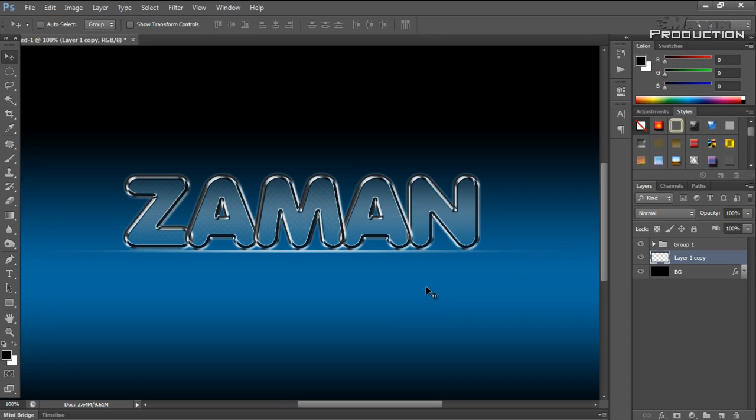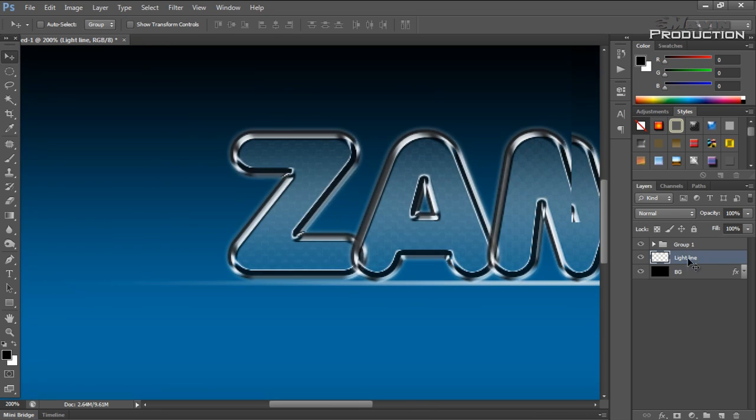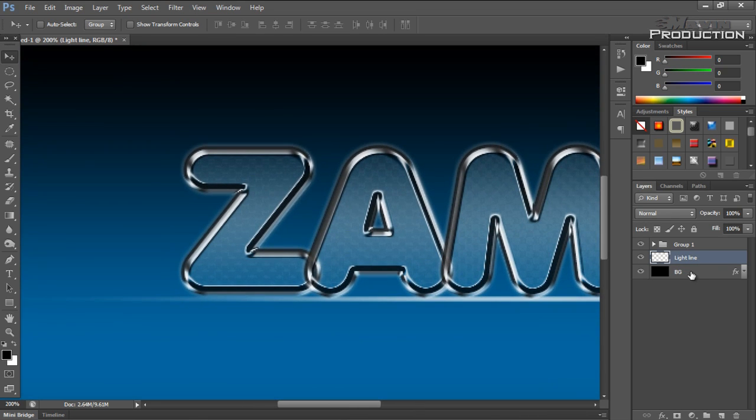Next we are going to do a very simple thing, but that is also related to the light line. We are going to rename it to light line. Okay, yeah, so select it and then come beneath the C letter, and then again elliptical marquee tool, and then just in the middle, hold alt key,